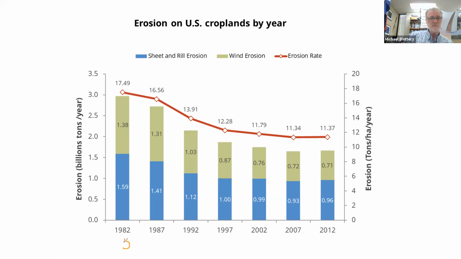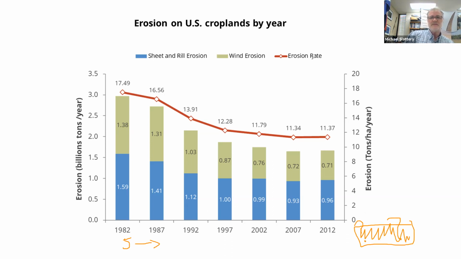Every 5 years, the US Department of Agriculture, in association with a number of other agencies, does an assessment of how much soil is being lost in the US. Okay, we didn't have anything in 2017. We're still waiting. We've basically got a decade here where there hasn't been any reporting of soil erosion rates in the US. But we do have some indication of what's happened over the last 30 years or so,